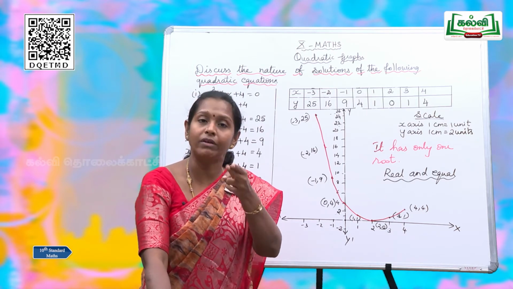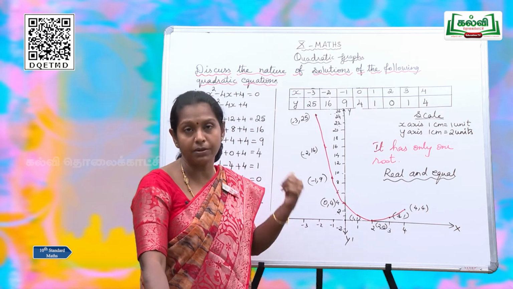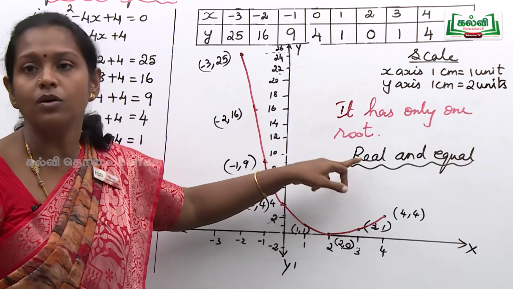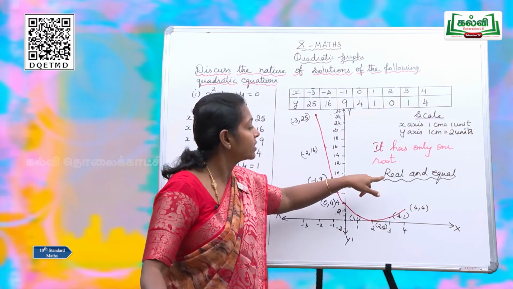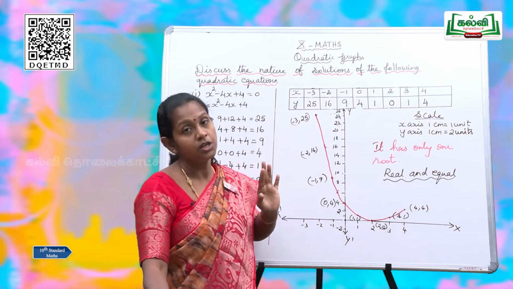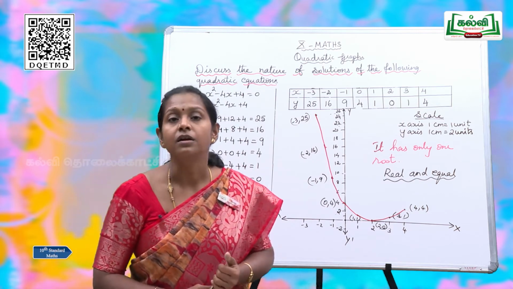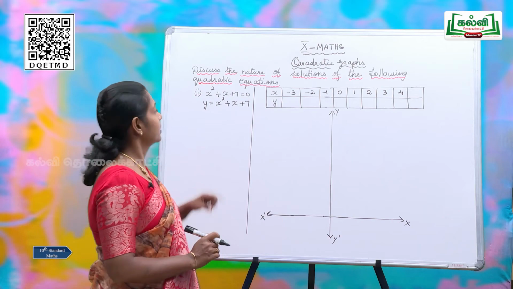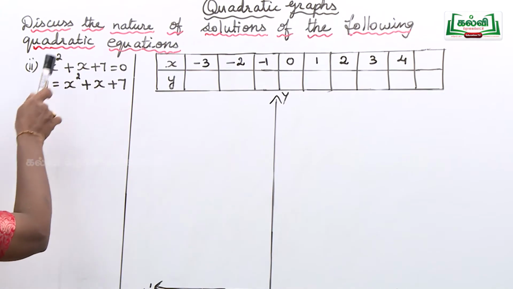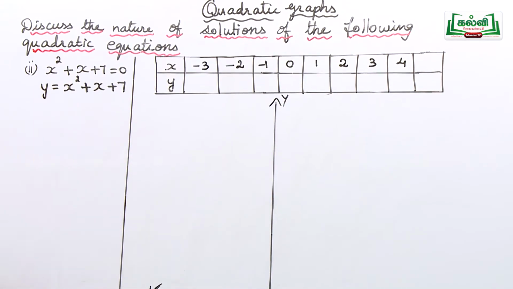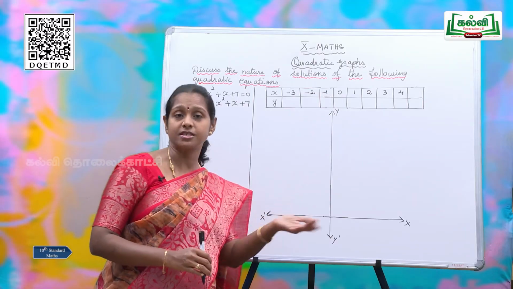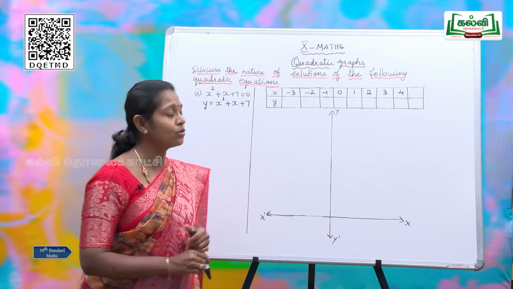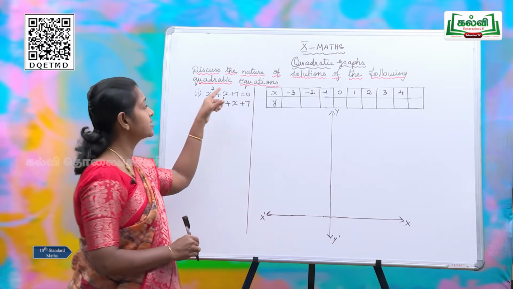And they are real. Not on the negative side, not imaginary. So, that is real. So, we can easily find the nature of roots. That means real and equal. So, this is the way you have to find the nature of roots using a graph. Now, the second question. See this question. x squared plus x plus 7 equal to 0. As we discussed in the previous question, we have to take y is equal to x squared plus x plus